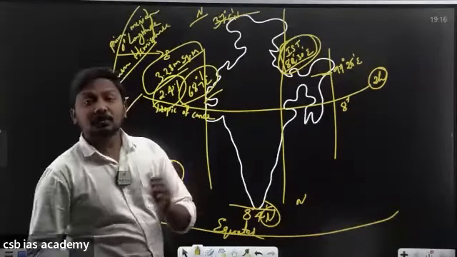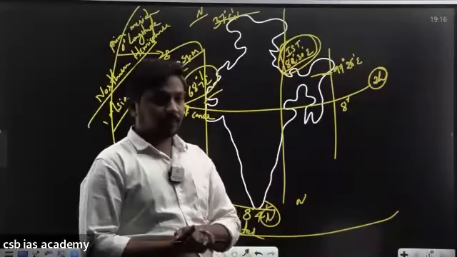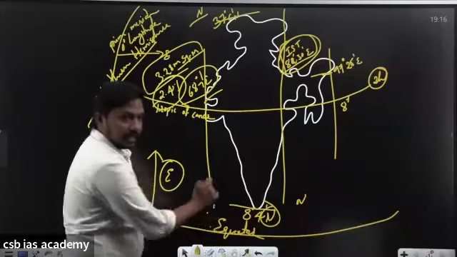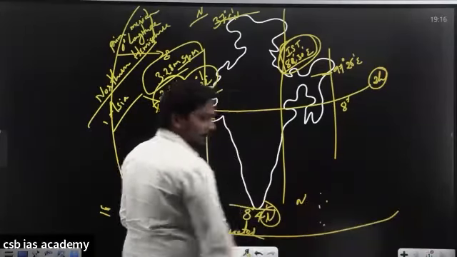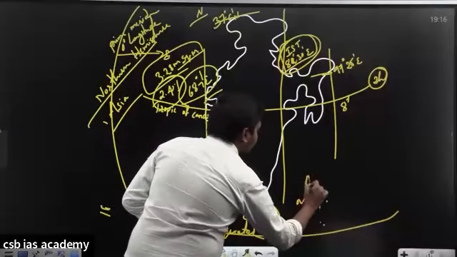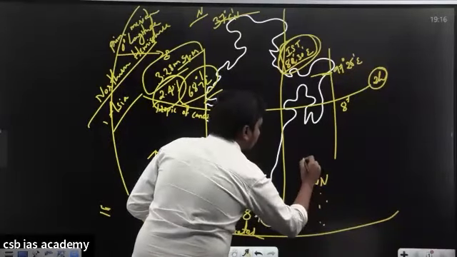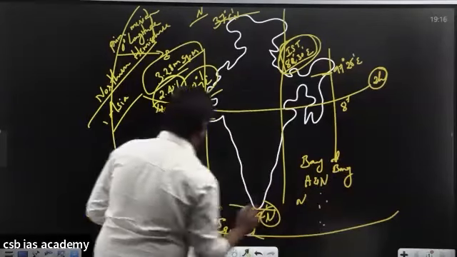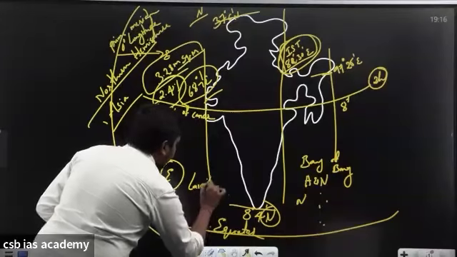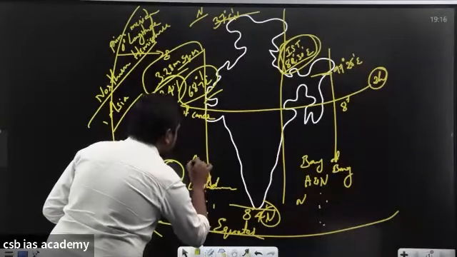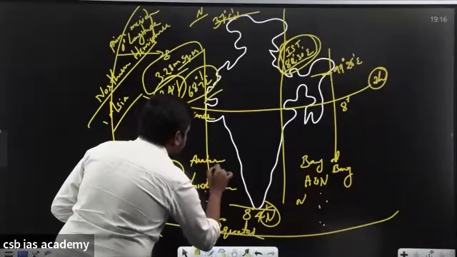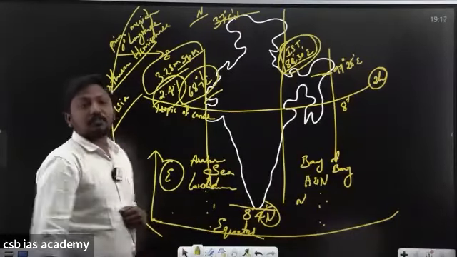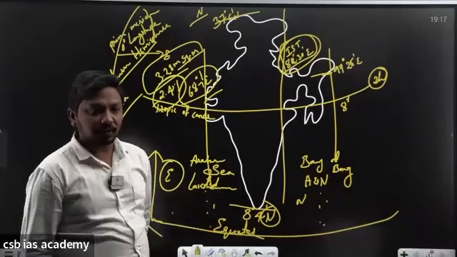2.4% of the total geographical area of the world. Yes. Now, let us see, we have a few groups of islands: the Andaman and Nicobar Islands, which are located in the Bay of Bengal, and the Lakshadweep Islands, which are located in the Arabian Sea. Yes, the Maldives are not part of India. Right?